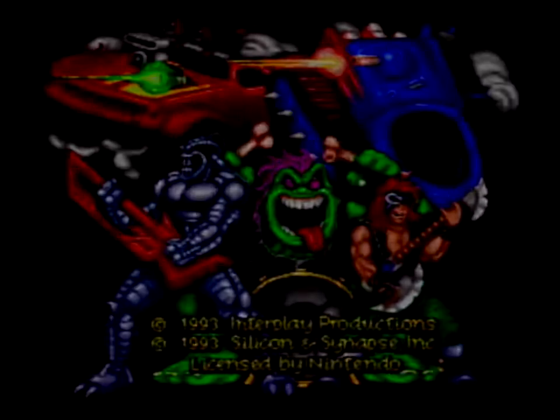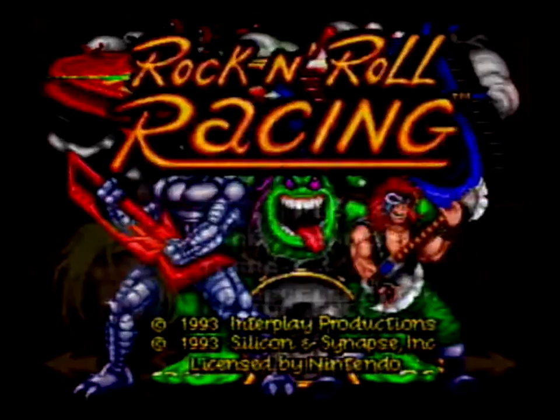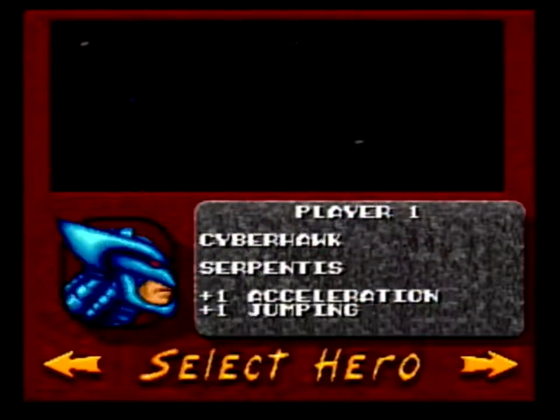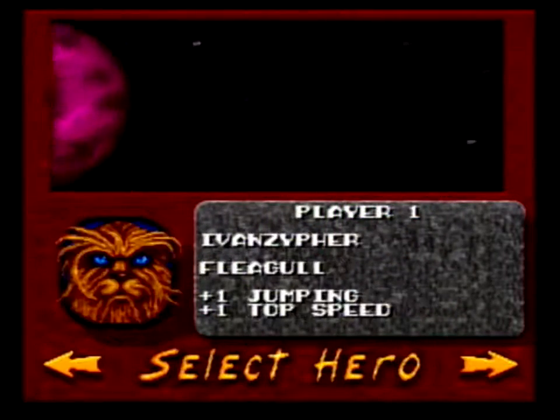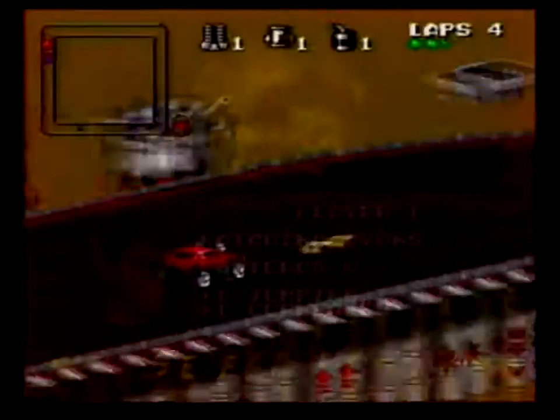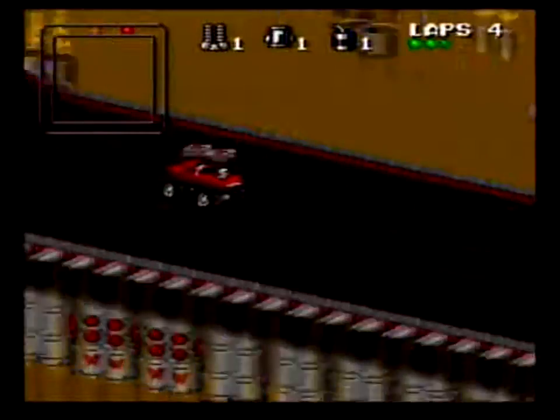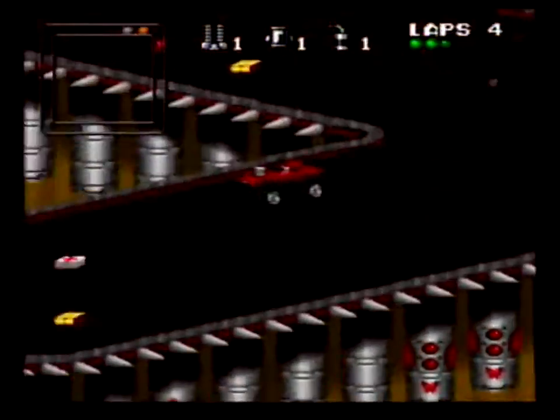45th place on the list of Definitive 50 SNES games belongs to Rock and Roll Racing. This game was released for the Super NES on June 4th, 1993. It also came out for the SEGA Genesis and later the GameBoy Advance. It was developed by a company known as Silicon Synapse, which was shortly thereafter renamed to the now famous Blizzard